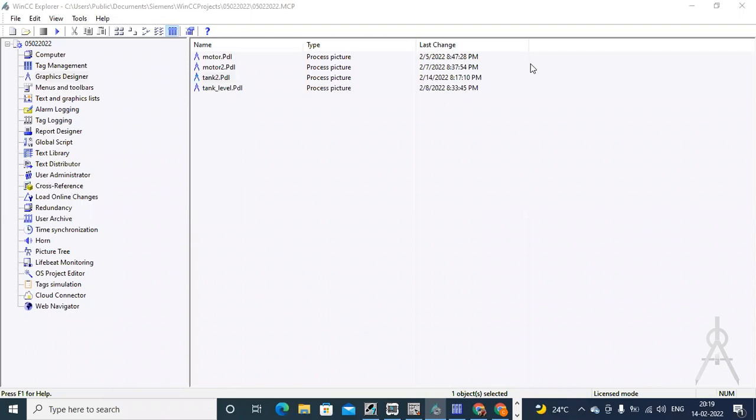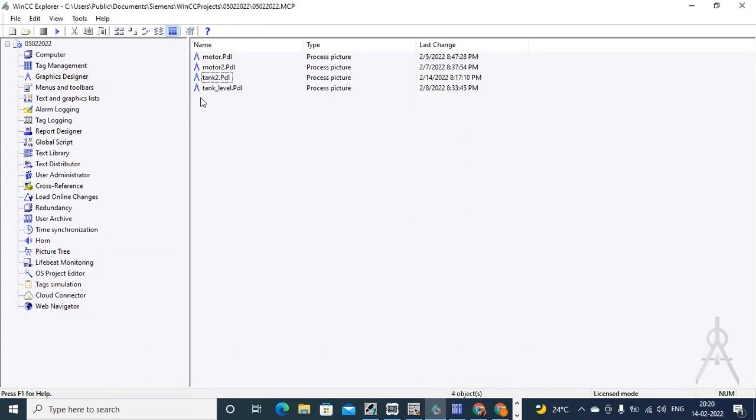Okay, so today we're going to see the configuration of pictures and windows. If I want to do some navigation, from one window to another window, I want to move. For that we can create buttons, and we will see the pop-up window application also. How to give a pop-up window here.